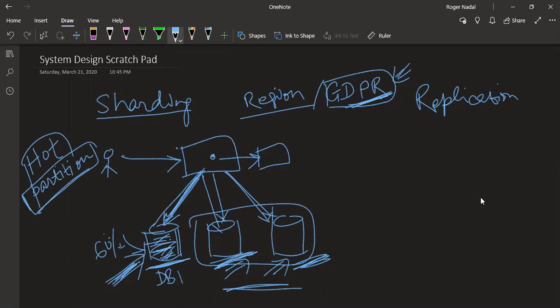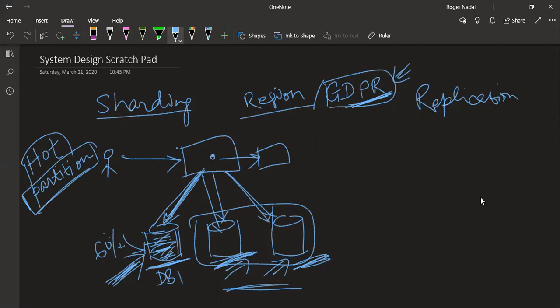You can have a dedicated database. Sometimes they do that. You can have a cache in front of those kinds of databases, especially for that heavy user, to handle it somehow. There are other approaches, but let's not get into that for now. We know this idea at least. Okay.